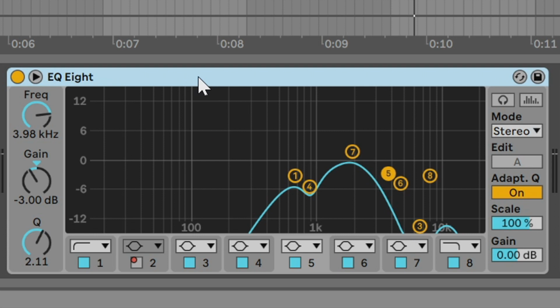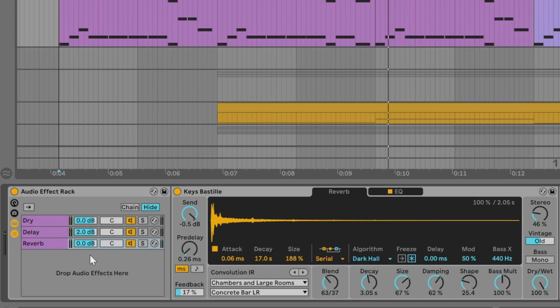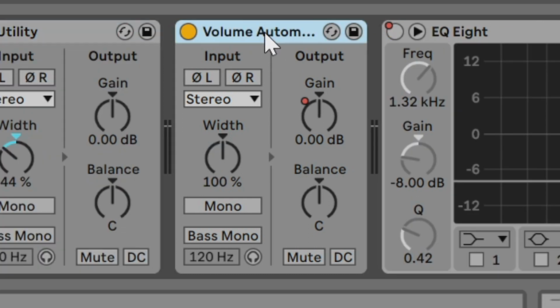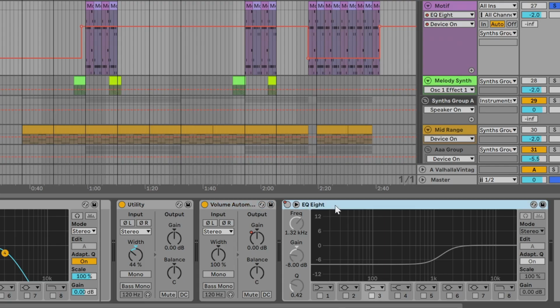There's this crazy equalizer I used to adjust lots of frequencies to sound similar to the original song. Also, there's this audio effect rack with a delay that has lots of feedback. In Ableton's hybrid reverb, excellent reverb effect. I picked the preset called Keys Bastille and tweaked the stereo width to match the song. Then there's this utility effect to reduce the stereo even further and another to make some volume automation. This equalizer comes on during singing parts to reduce the mids and make sure the synthesizer doesn't clash with the vocals. Now let's take a look at the drums and we'll come back for the other synthesizers.